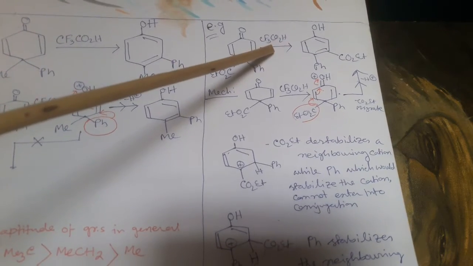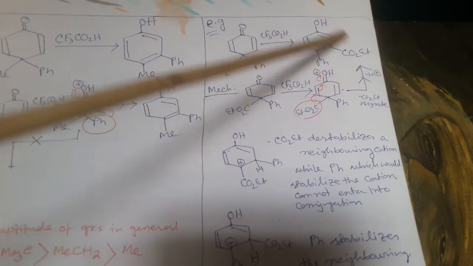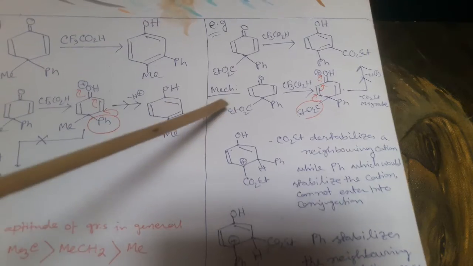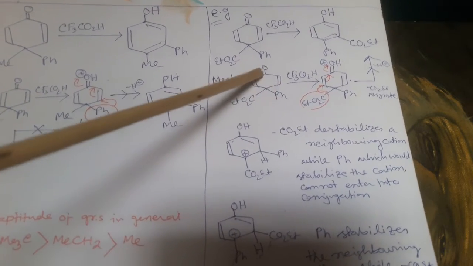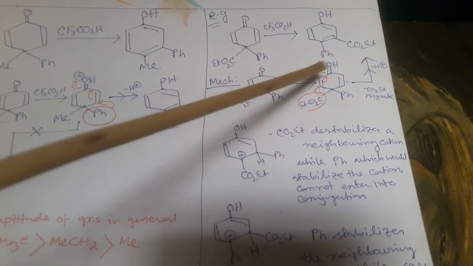Now here is another example. This is also a dienone compound in the presence of trifluoroacetic acid. This type of compound is formed. Now see the mechanism. After protonation of this